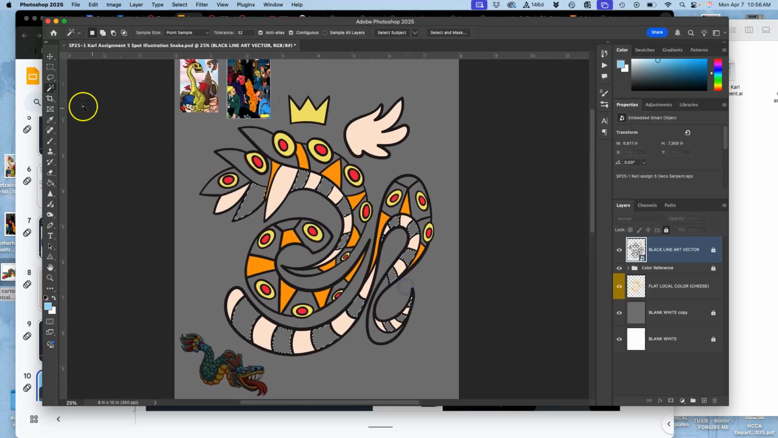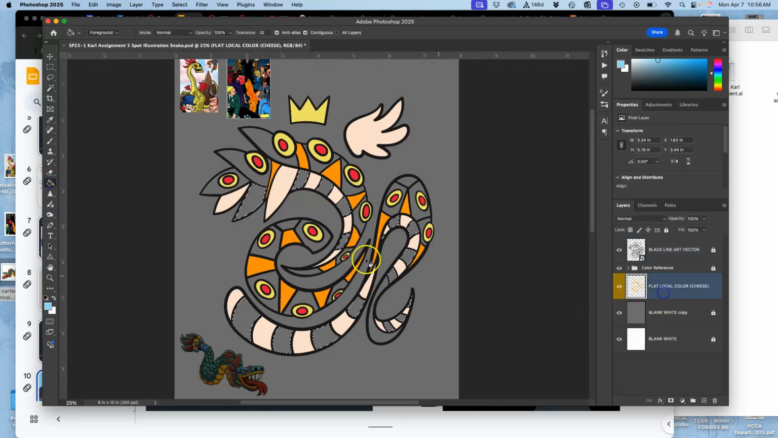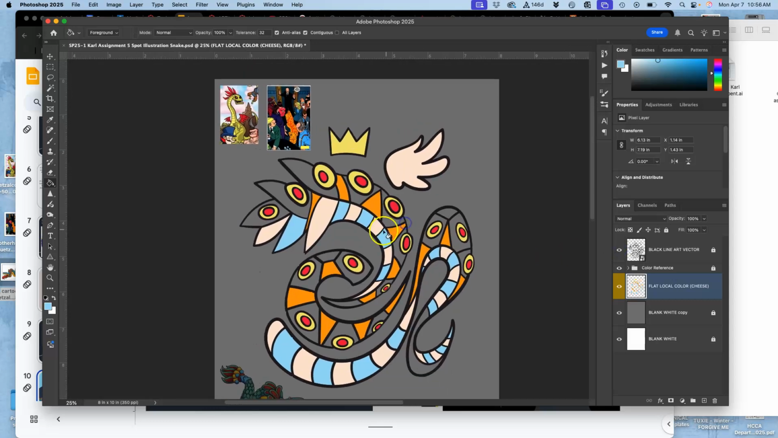All right, and then this should fill in all at once on my flat color layer. There we go. So far, so good. And now I think I got to do some of the greens. Let's see, let's do that kind of turquoisey green. I'm going to take that color reference that's down here,